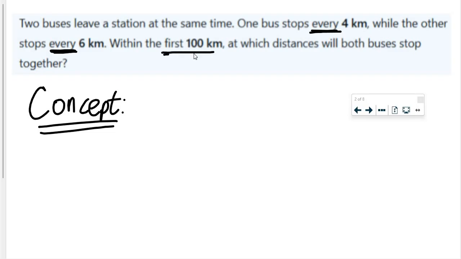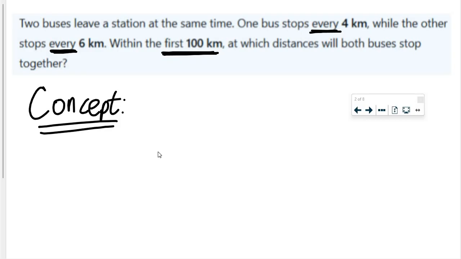Within 100 kilometers, at which distances will both buses stop together? The concept here is this. You need to find common multiples, not the smallest common multiple, no. You need to find common multiples of 4 and 6